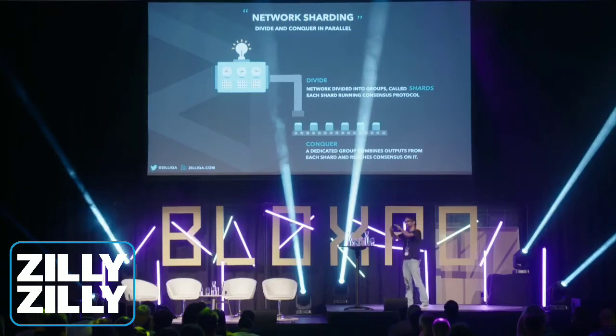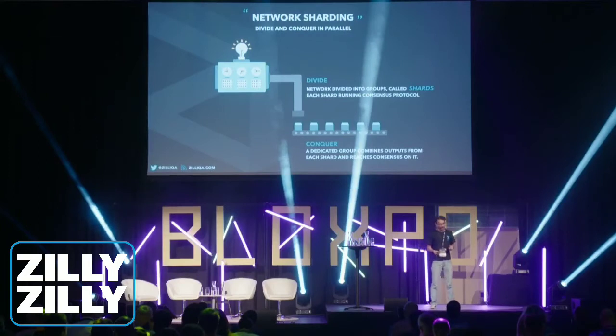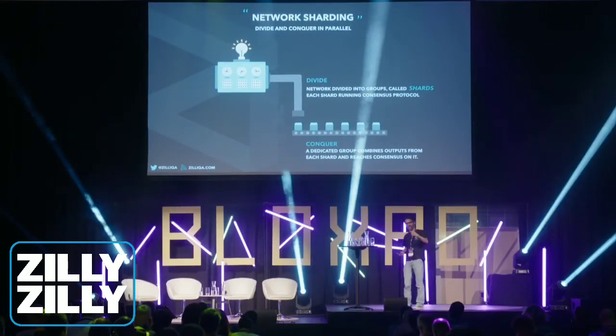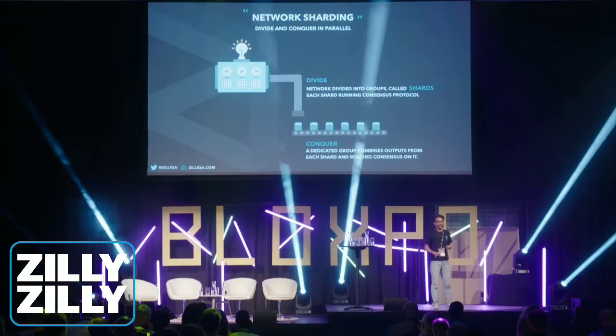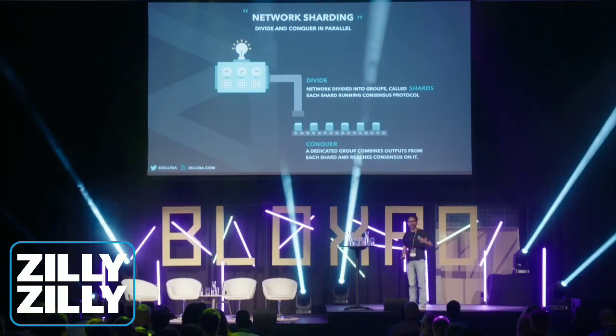This is a high-level introduction of how sharding works. As I said a minute ago, in Bitcoin or in a general blockchain network, when a user sends a transaction, every single node in the network processes your transaction. It gives very high security, but it's also very redundant to some extent, because you don't want a single transaction to be processed by every single node of, let's say, a network of 20,000 or 30,000 nodes.